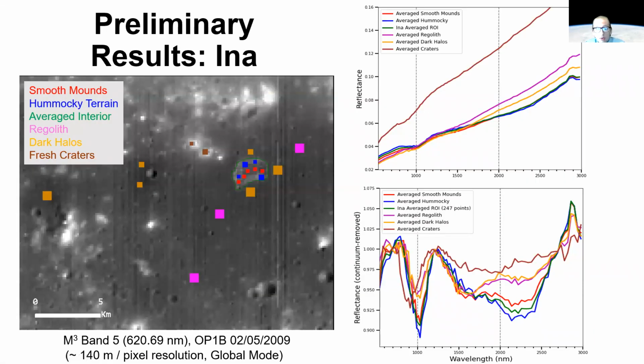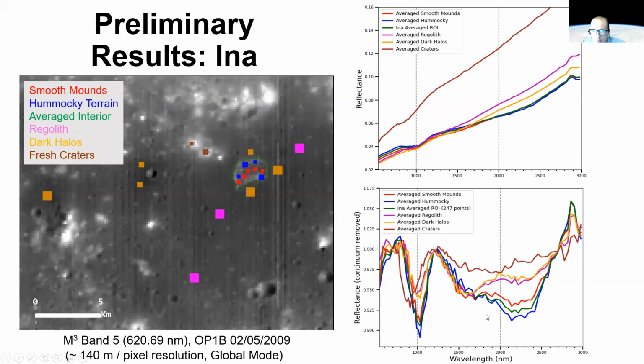So an arithmetic average was computed for all of the spectra within each subgroup. The figures on the right here show the spectra of both PDS and continuum removed for each of the regions on the M-cubed band at the left. We find that for Ina, the interior is relatively distinct from the surroundings. Ina's interior also seems to exhibit stronger absorption bands at both the 1 and 2 micron wavelengths when compared to